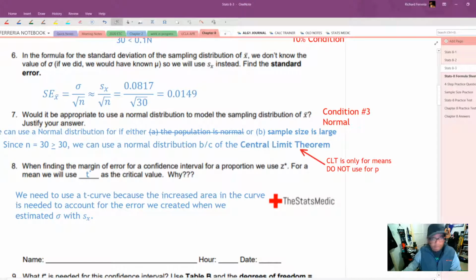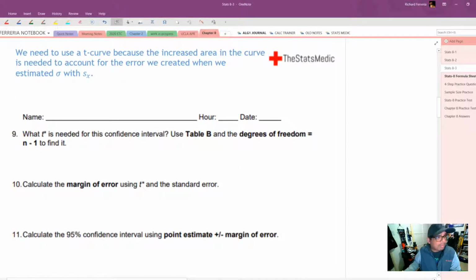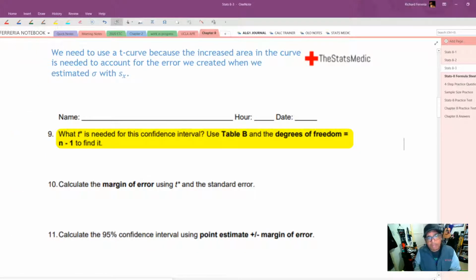Okay, let's continue on here, and we have what t star is needed for this confidence interval. Use table B and degrees of freedom equals n minus 1 to find it. The t-distribution needs one more piece of information in order to give you the correct critical value. The piece of information it needs is the sample size, but not actually the sample size, one less than the sample size. They call that number the degrees of freedom,